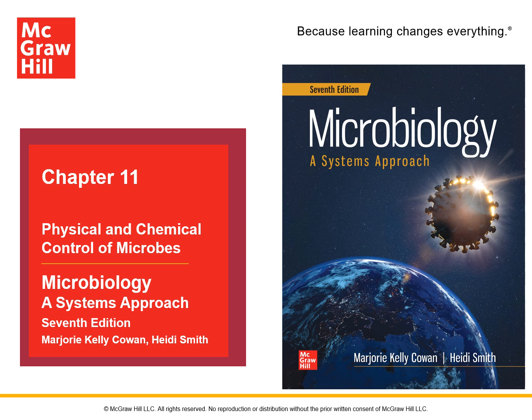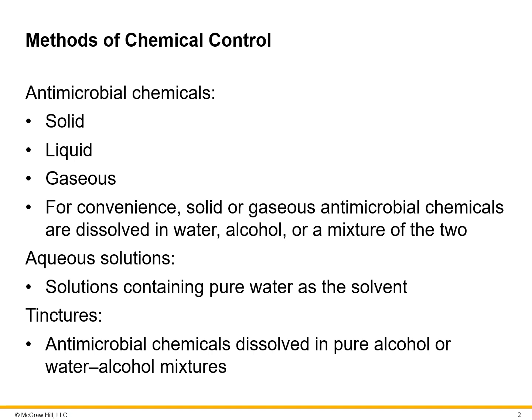Here in the second part of chapter 11, we'll focus on the chemical methods of control. These include various liquids or chemicals, so they can be solids, liquids, or gases. Most of them are liquids or gases. Again, the solids, if they are being used, are usually dissolved in water to make it